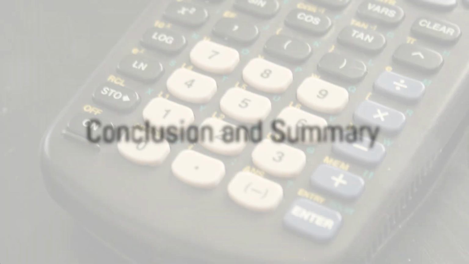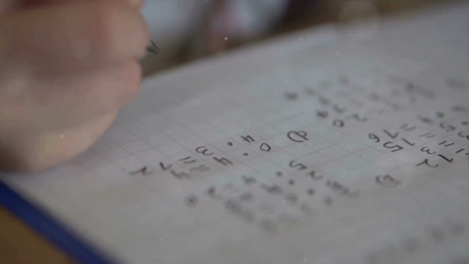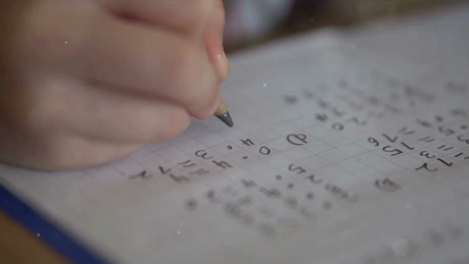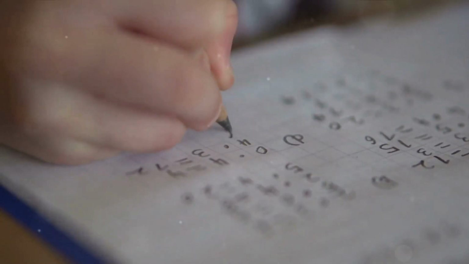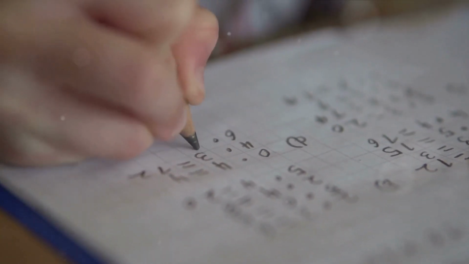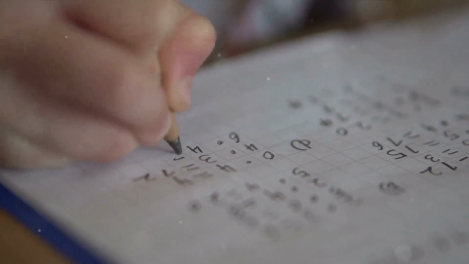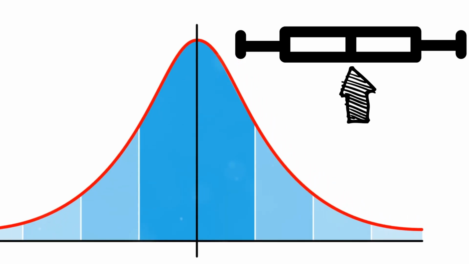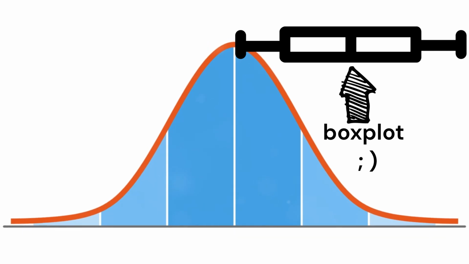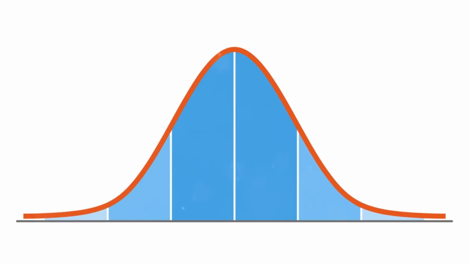Well, that's a wrap on our numerical journey. We've navigated through the terrain of numerical variables, learning how to summarize and make sense of them. We delved into the 5-number summary, a quintessential tool that gives us the minimum, first quartile, median, third quartile, and maximum of a data set. Then, we explored the world of boxplots. These handy graphs use the lower and upper fences to pinpoint possible outliers,